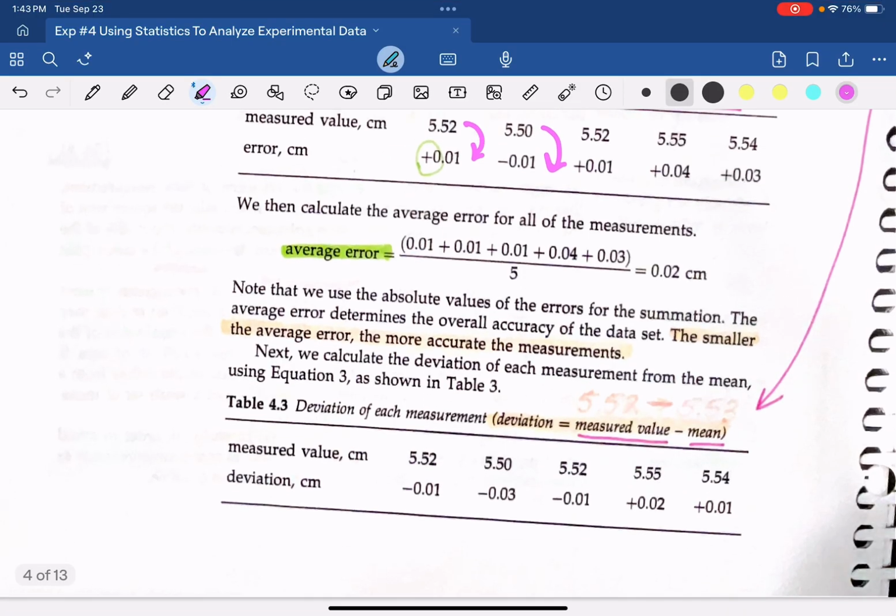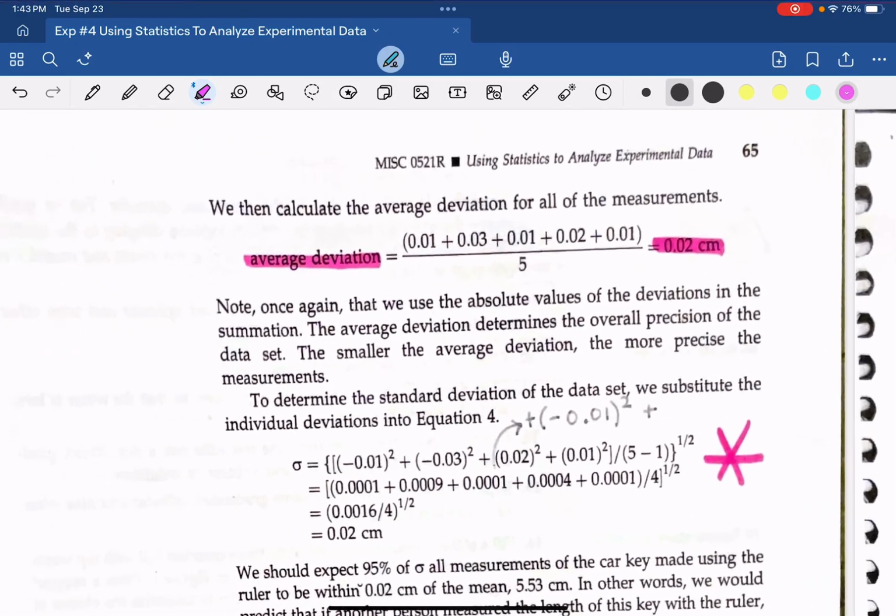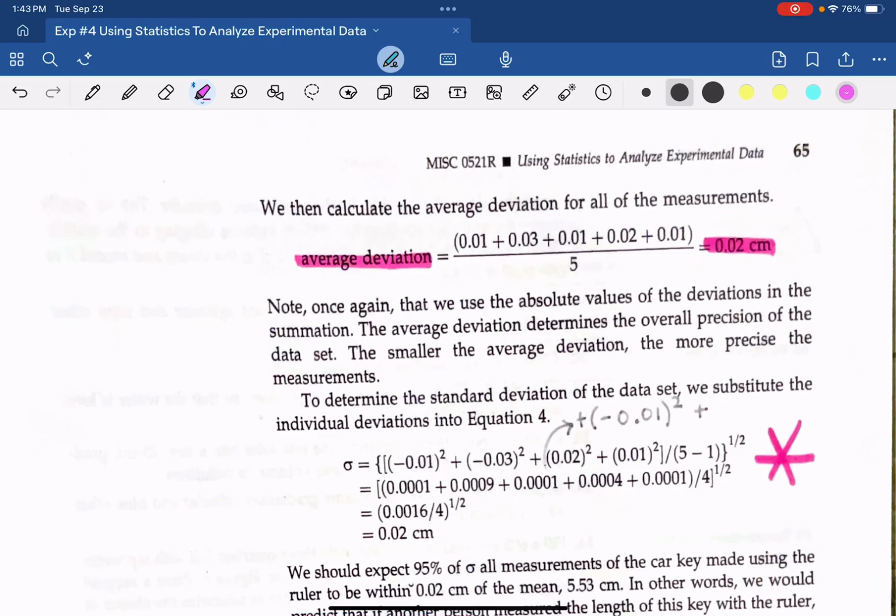Okay, so 5.52 is this first one, minus my mean of 5.53 gives me that first value. Then you take your second value, subtract your mean, your third value, subtract your mean, etc. And then as we continue on and we end up on page 65, this is where we're going to calculate